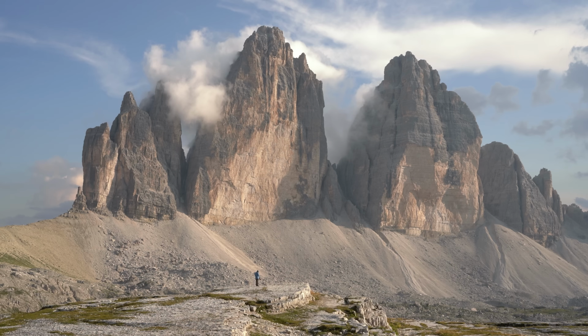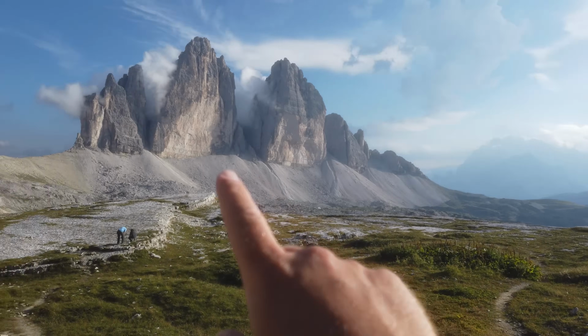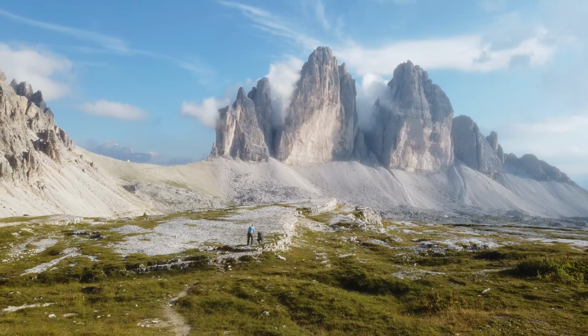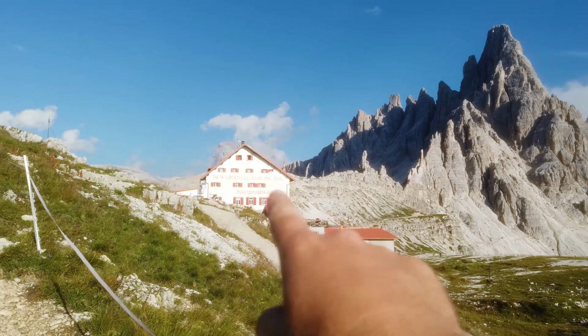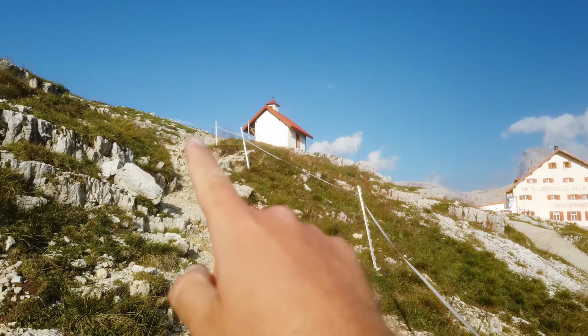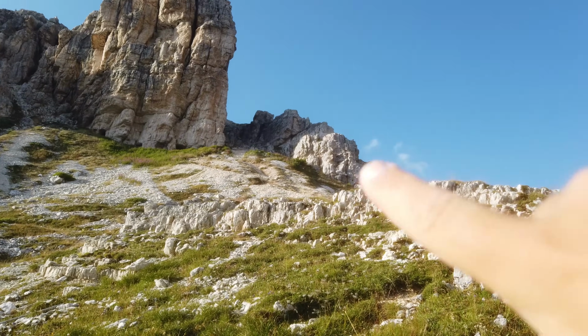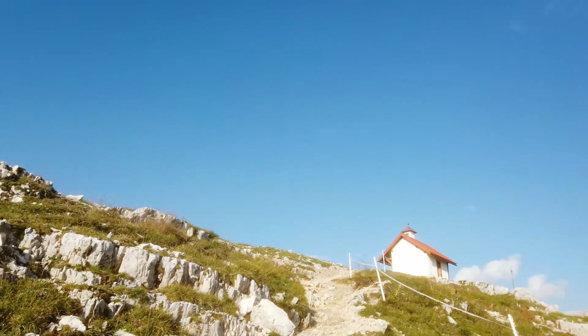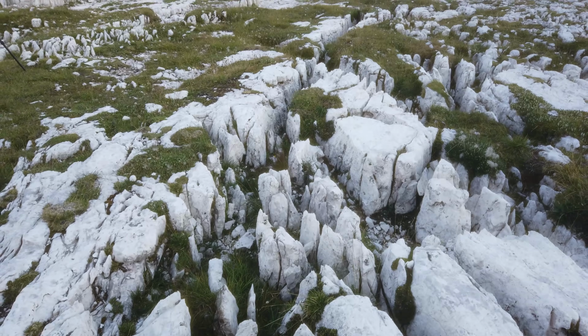The light is not really in golden hour yet, but it is so low to the horizon that it still looks pretty good. I've spent the past half hour, 45 minutes just walking around the area and scouting it, because this place is just ridiculous. So obviously we have Tre Cime up here, and then we have a peak over here, not sure what it's called. Then we have the Refugio here, a little abbey up here, and we have some caverns up here, caves, and all these up here and over here, and the stones down here,